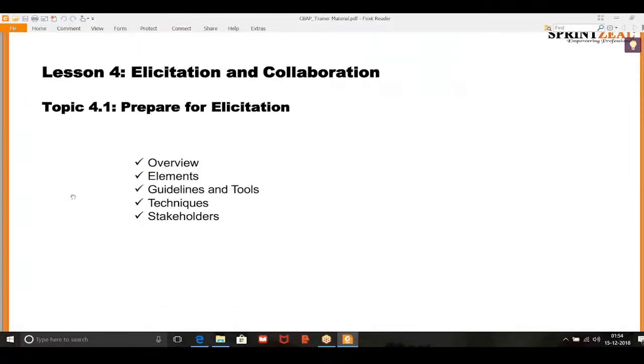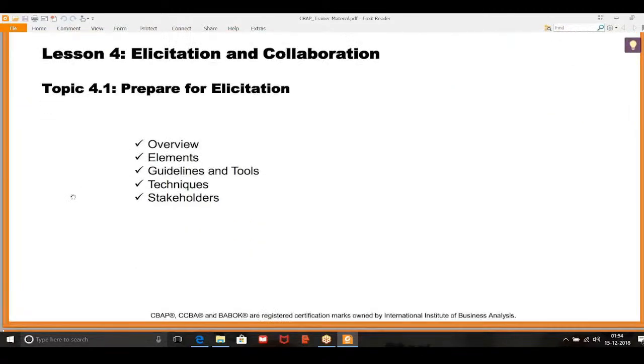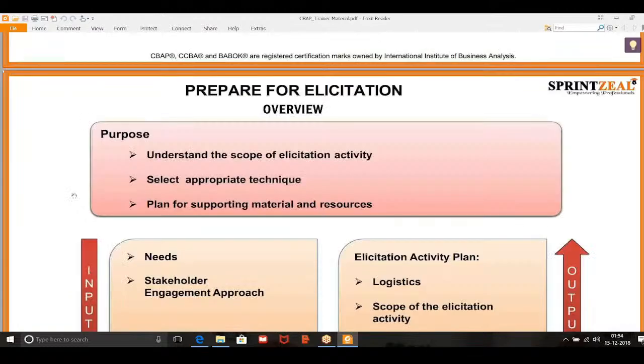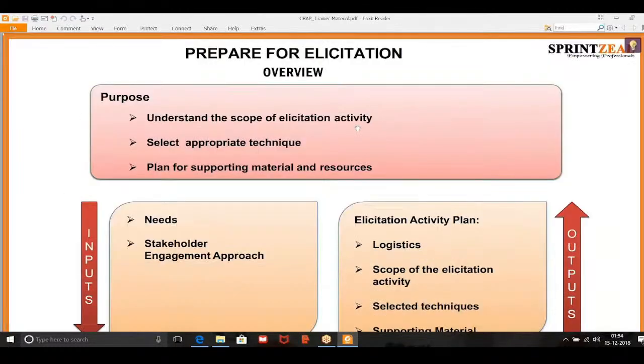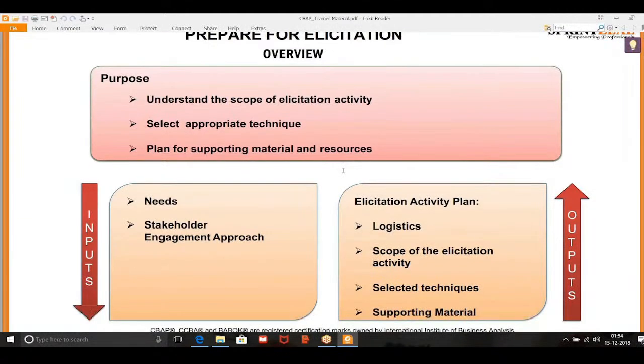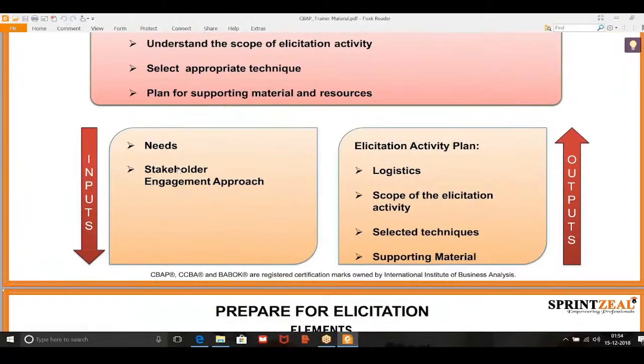So how do we prepare for elicitation? We need to understand the scope of the elicitation activity, what we can do, select an appropriate technique, and plan for supporting material and resources. So we know we require business needs and the stakeholder engagement approach. Correct. And then the output is an activity plan that will list how the logistics